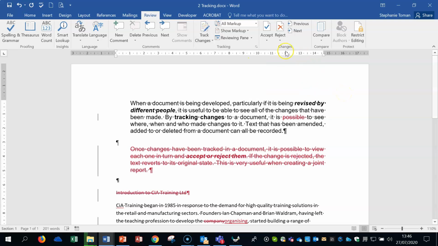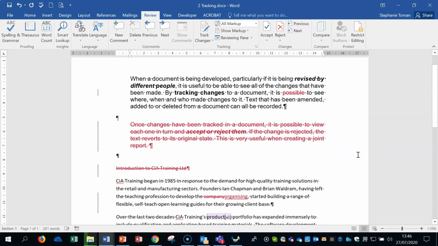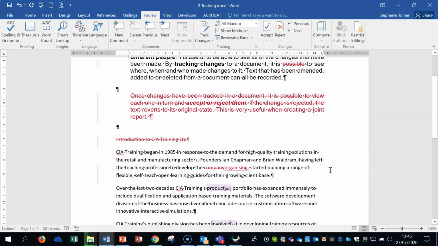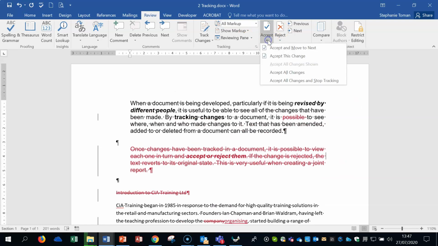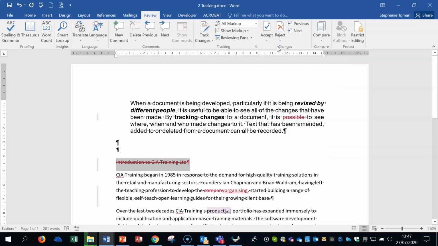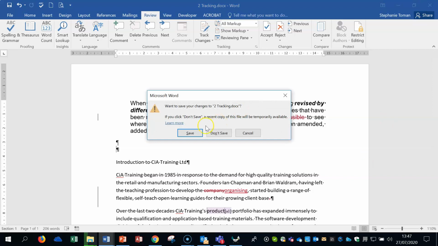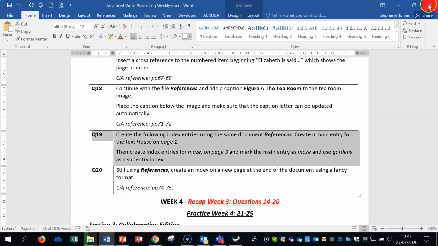Okay. If on another part of the question you get asked to accept so many different changes and reject something, and you go to this feature, you might say accept and move to next, and it might ask you to reject and move to next. So you're rejecting that, you accept the first one. And what you have to do in the exam is run through the process till you get to the end, and then you'll get the question right. So if we close this,